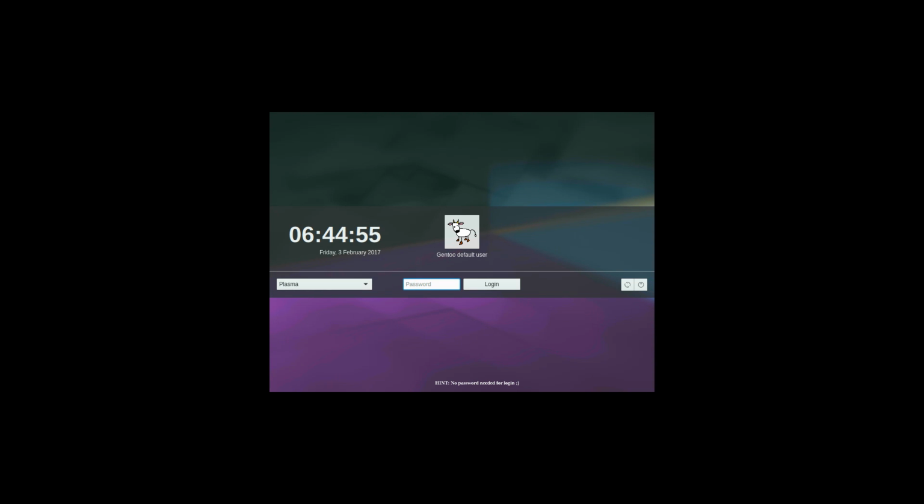Okay, so I've booted off of the live DVD that you can download from their site, and this is the one that has a full-blown Gentoo install on the DVD, so we can actually look around. There is no password, so we're the Gentoo default user, and it even says right here, no password needed for login. So we go ahead and click login,